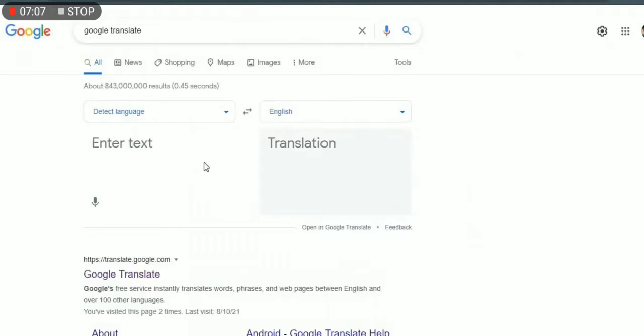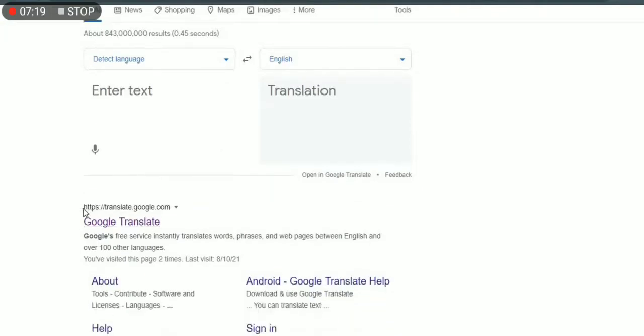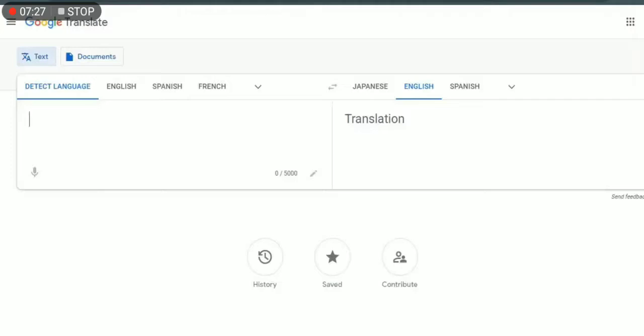As you can see here, you may pick and copy and paste language right here on the left, and then the language will be instantly translated into English. But this is really small. To make it bigger, all I have to do is go ahead and go here, translate.google.com, click on this link and you'll be sent to this page, which is much simpler to work on because it's larger. So first off, over here on the left, you want to paste the articles.